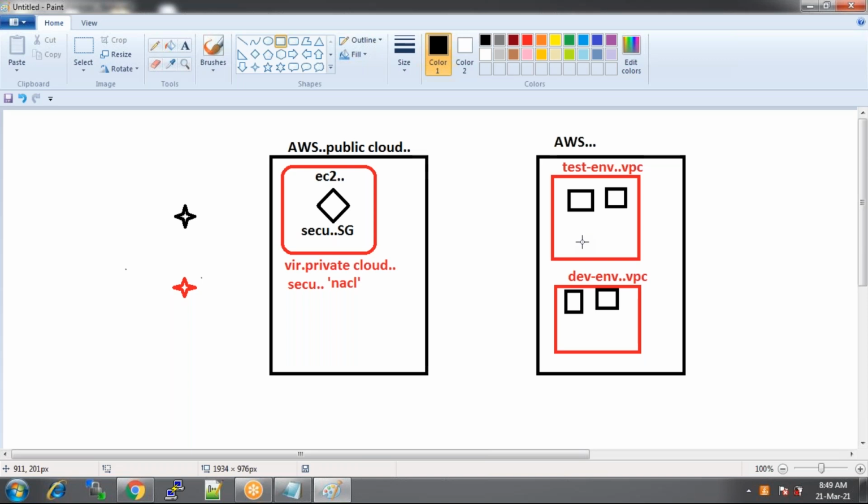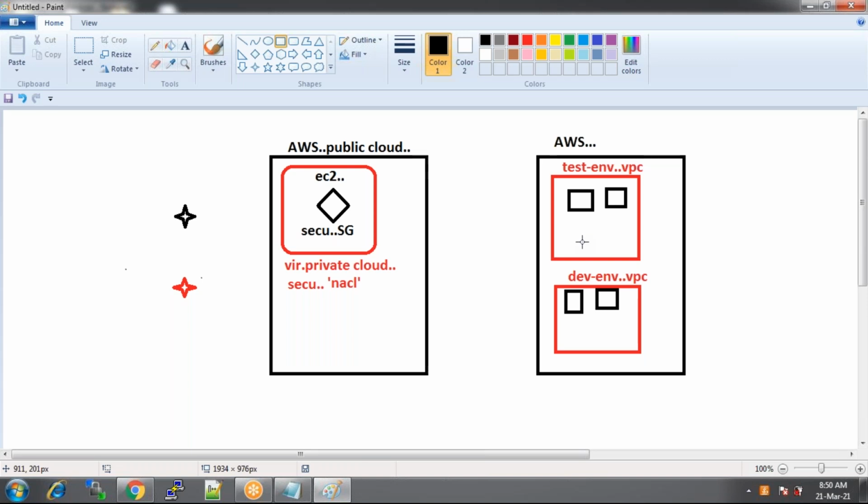So this is the second reason why we need VPCs. But the major reason why we need VPCs is, let's talk about the third purpose. Even in real time, if you get a requirement, can you create an instance? So how do you create an instance? If you have a VPC existing, you create the instance in that VPC, and once you create the instance in the VPC, you provide security at the EC2 level, the instance level.